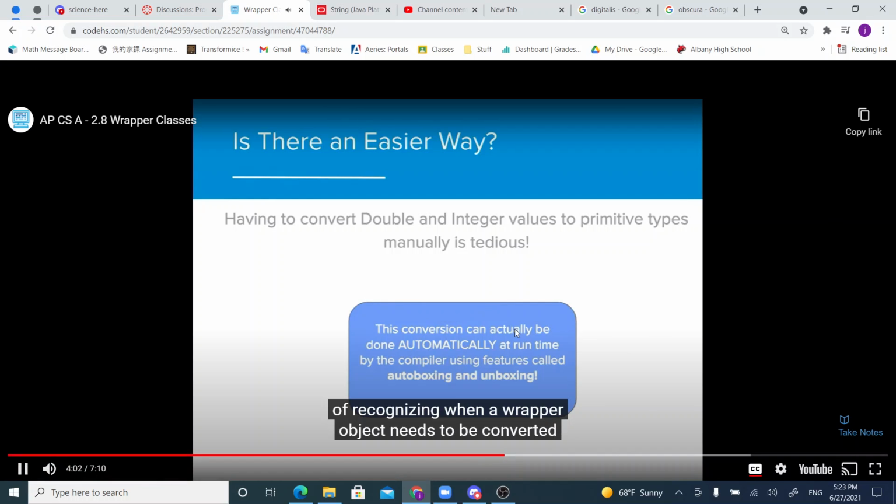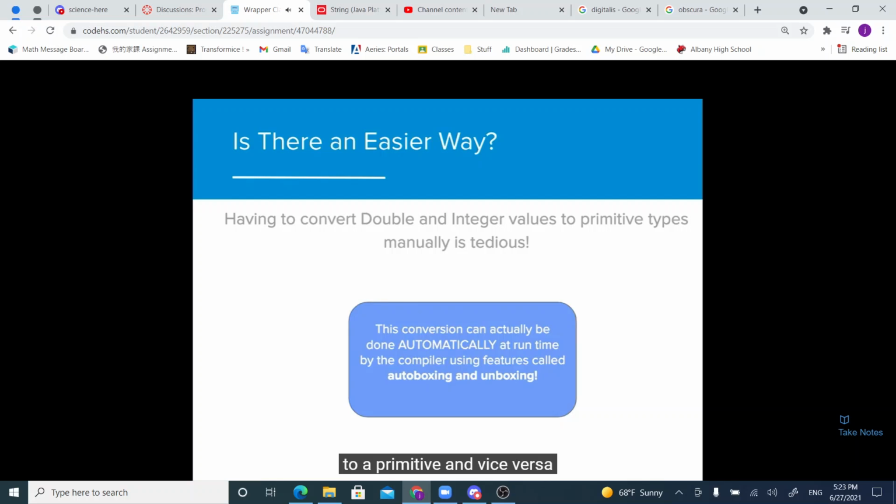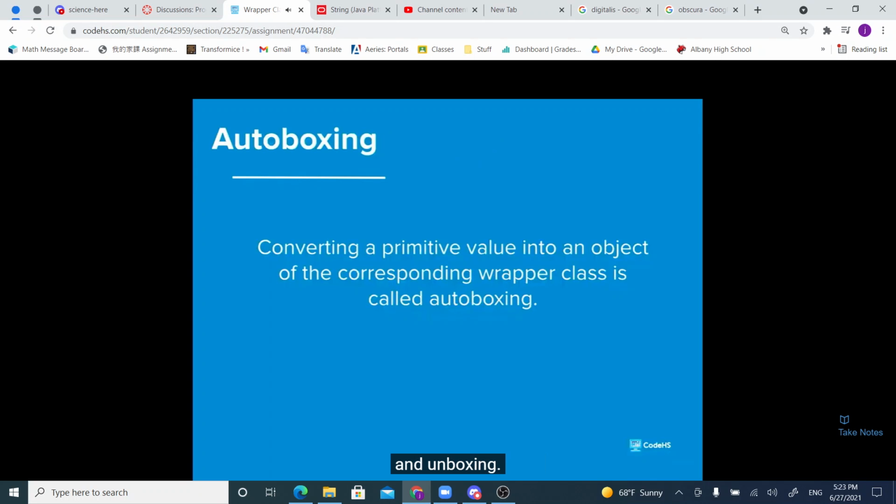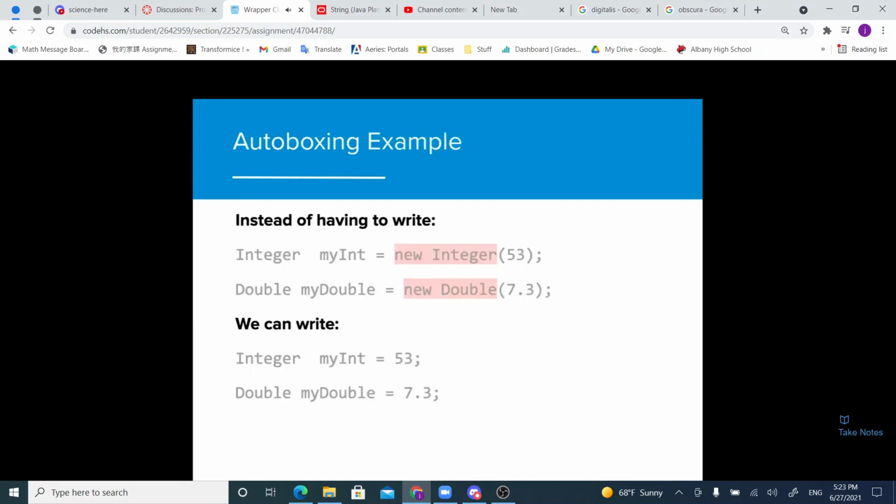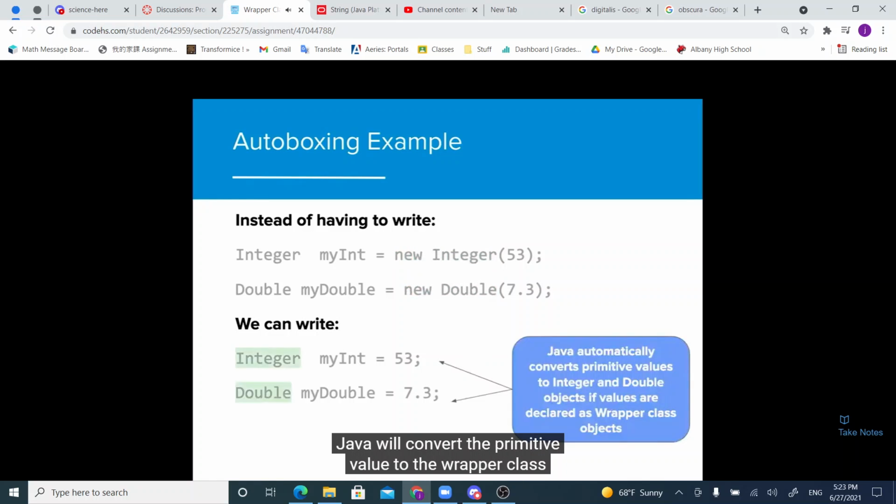Recognizing when a wrapper object needs to be converted to a primitive and vice versa, and automatically makes that conversion happen. This automatic conversion process is called autoboxing and unboxing. Autoboxing includes converting a primitive int to an Integer object and a primitive double to a Double object. Autoboxing is done automatically by the Java compiler. Instead of having to write the full constructor, Java will convert the primitive value to the wrapper class if the data type declared at the beginning of the variable corresponds